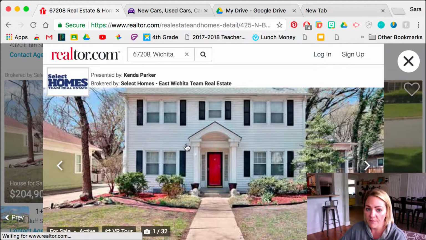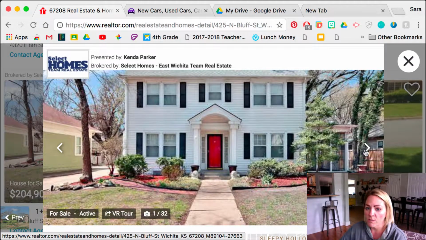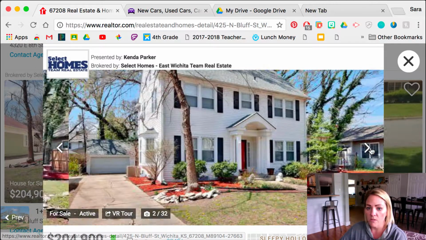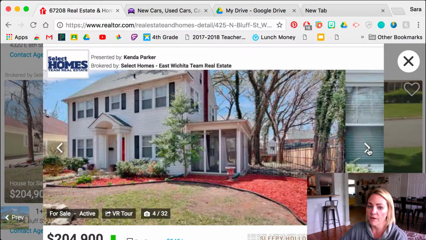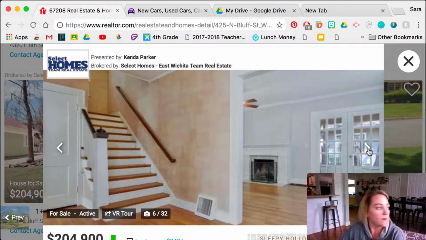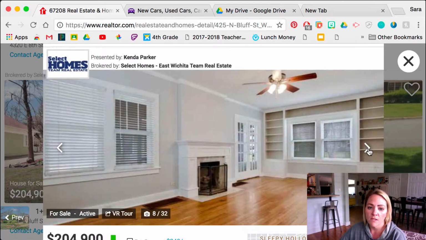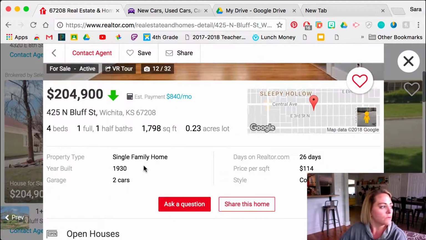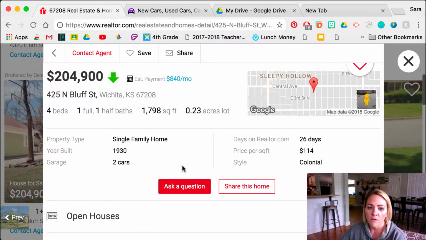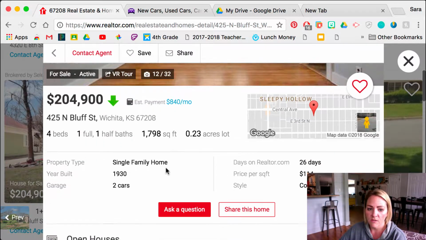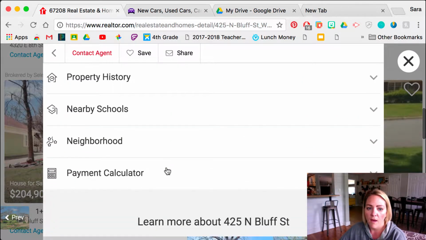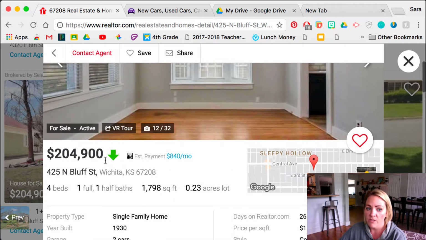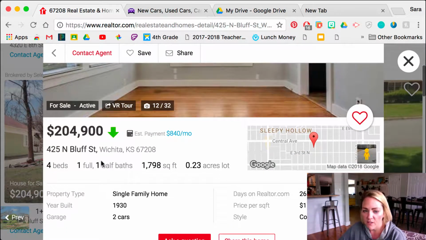So I'm going to click on it, and what it'll do first is bring up pictures. So you can click the arrow and look at different pictures. And this is kind of part of the fun, looking at the pictures of it. Okay. And then if you scroll down, you will get different details. This house is $200,000, which is great to know, but